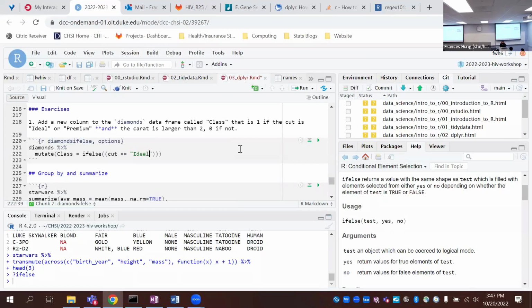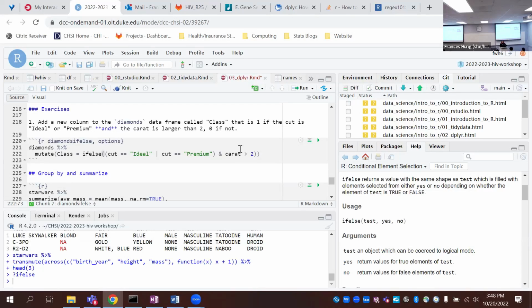Yeah, great. Premium or, yeah, great. And then you're greater than 2. Okay, that's great. I just want to emphasize that the comma didn't work for you? No. Okay, that's because the comma is specific to filter. This and is how I usually do it now. So great, we have our test conditions.